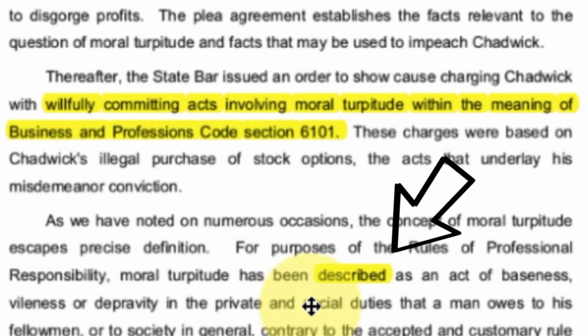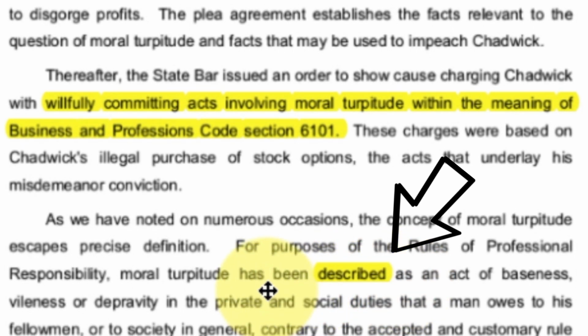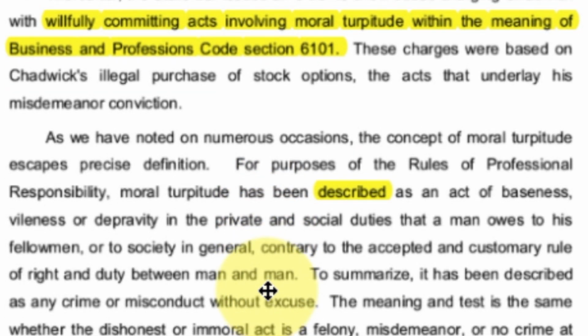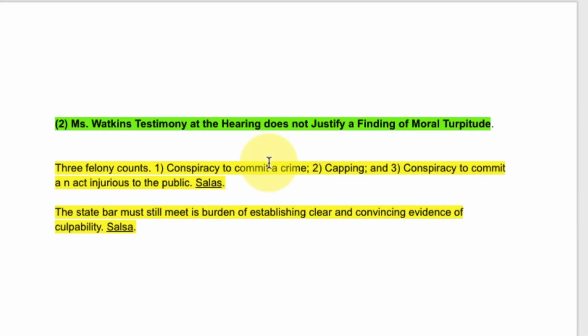So here, if I look at the next paragraph, it says described. Okay, so for the purposes of the rules of professional responsibility, it is described as this. So I just kind of highlight that. I'm not going to extract too much. I'm not going to spend too much time here, because again, some of these rules may be applicable, sometimes they're not. Okay, so I'm going to make a note of that in my outline, and then I'm going to type